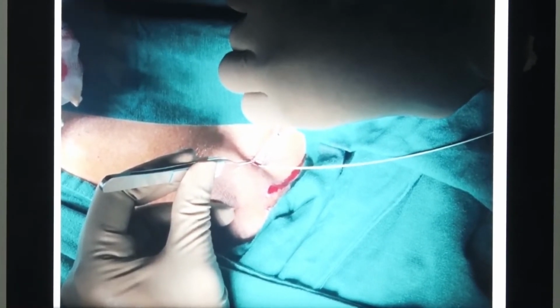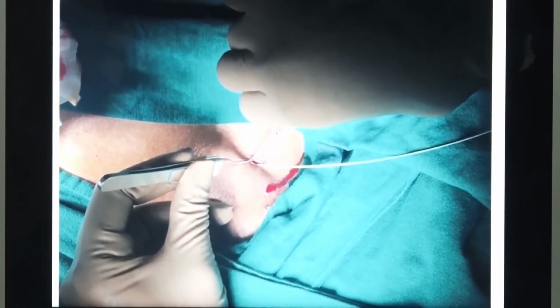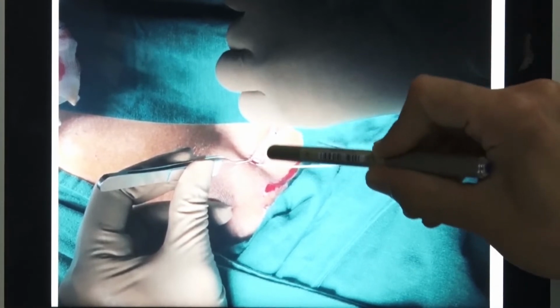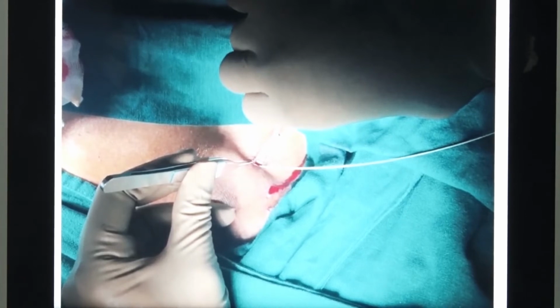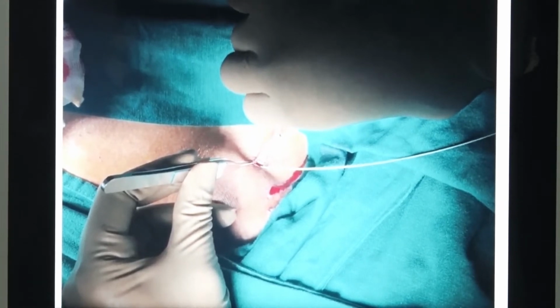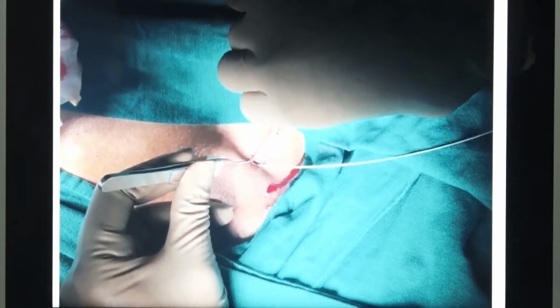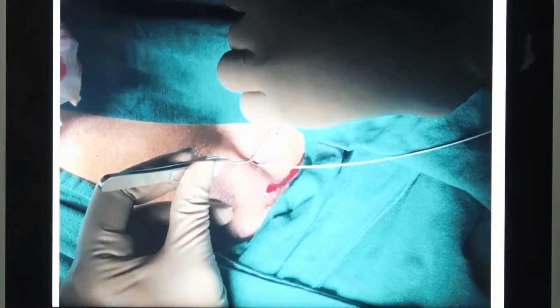With the help of an artery forceps around the insertion of guide wire, we just dissect the tissue slightly, so that this is the area where generally the kinks are formed. So if we dissect this area around the guide wire, the catheter sort of tends to sit comfortably around the wire, and the chances of getting a kink are considerably less.